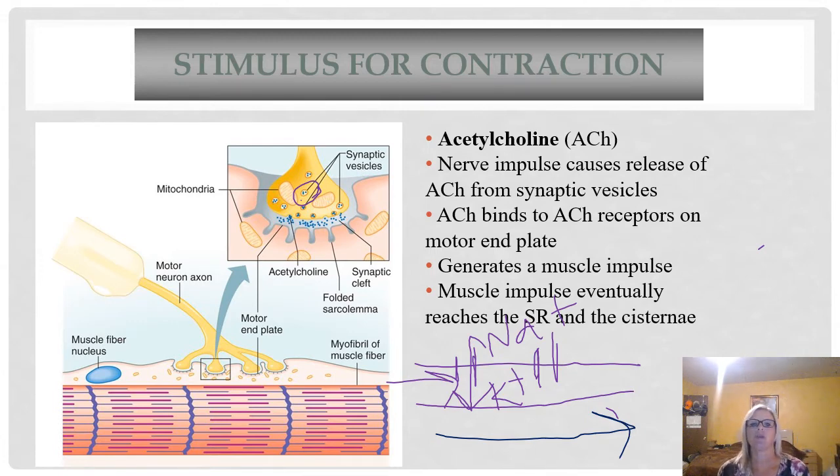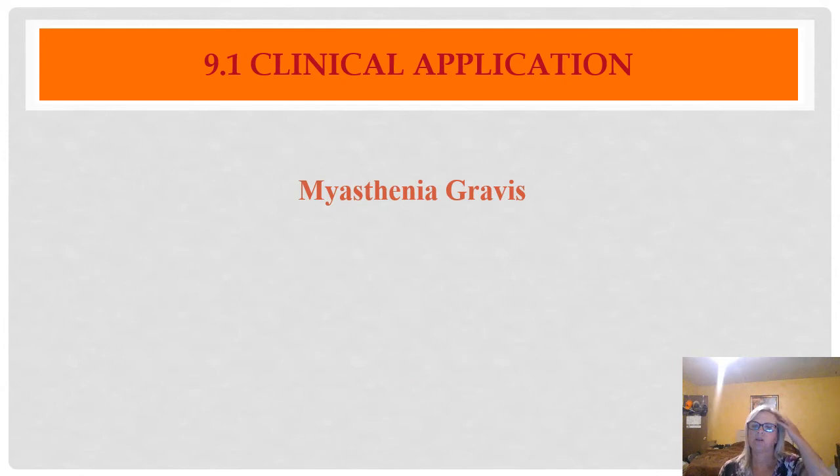Both acetylcholine and norepinephrine can affect that smooth muscle contraction. Okay, acetylcholine and norepinephrine. In order to stimulate skeletal muscle fibers, we've got to have that release of acetylcholine into the synaptic cleft. Okay, I left this here to remind you to be sure to watch the video on myasthenia